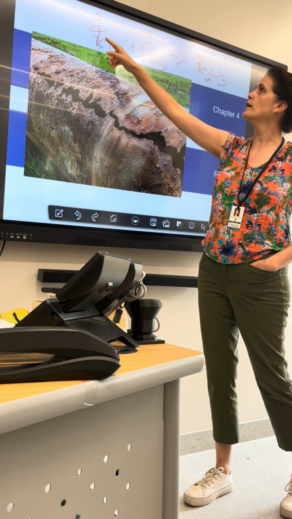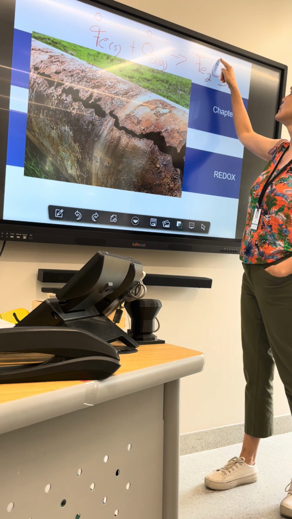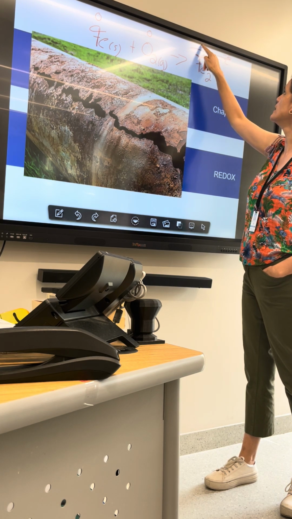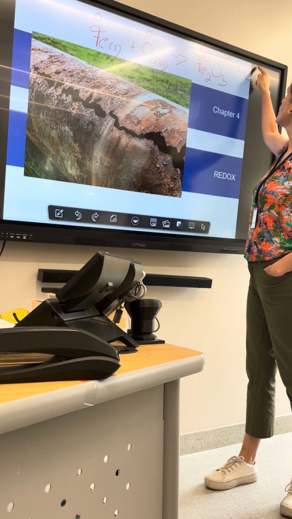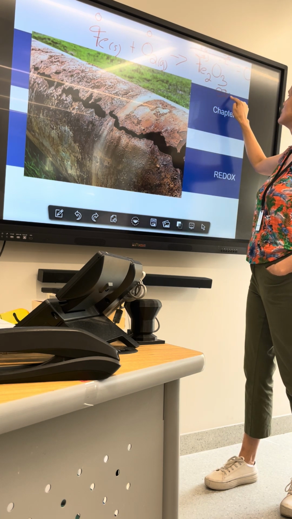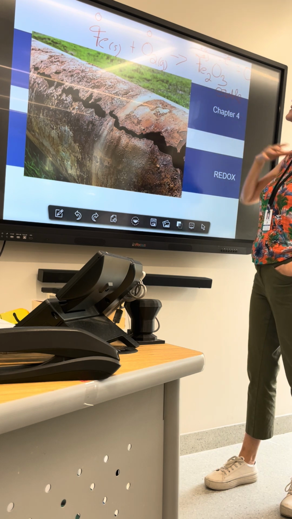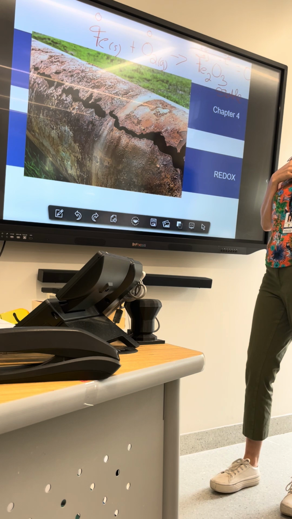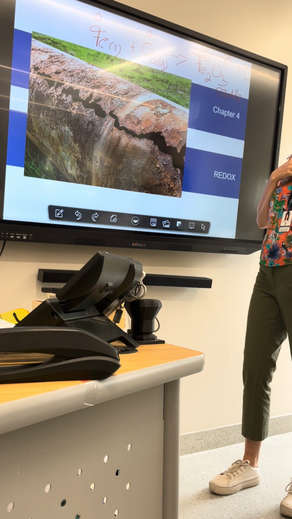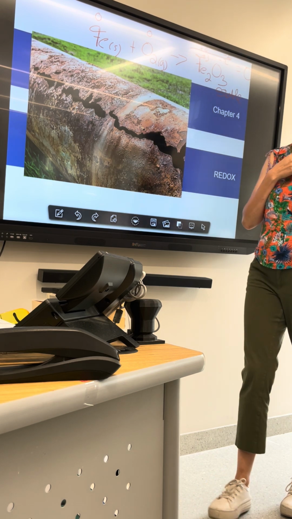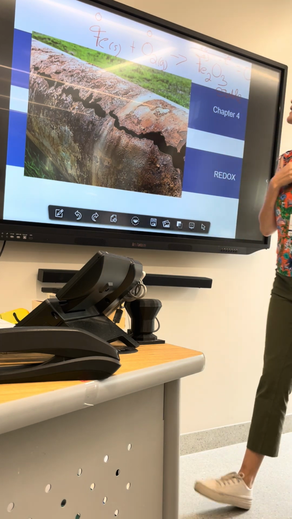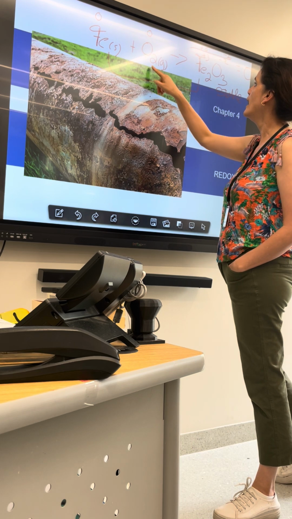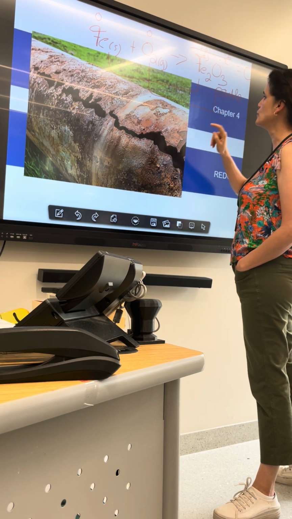So the iron went from a charge of 0. Well, this is -2, so that's -6, and the iron is +3. The compound is very stable, and it has a 0 charge, but the individual elements are going to have their own charges, right? The iron got oxidized, and the oxygen got reduced.